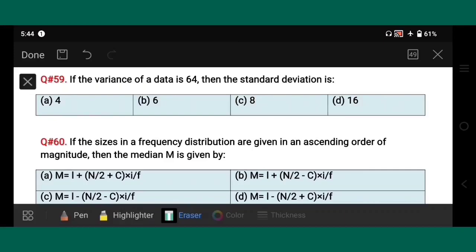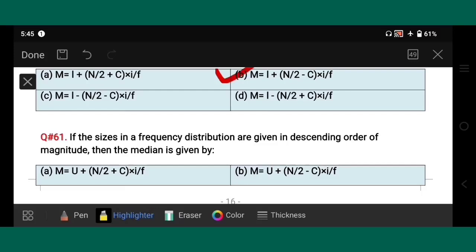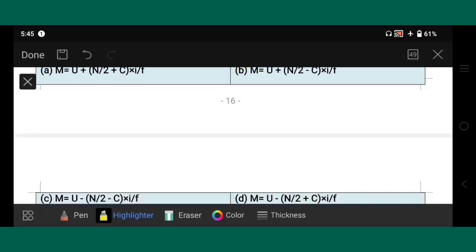Question number 60. If the sizes in a frequency distribution are given in an ascending order of magnitude, then the median m is given by, we have been given 4 options and the correct one is option B. Question number 61. If the sizes in a frequency distribution are given in a descending order of magnitude, then the median is given by, we have been given 4 options, A, B, C and D. So the correct option is